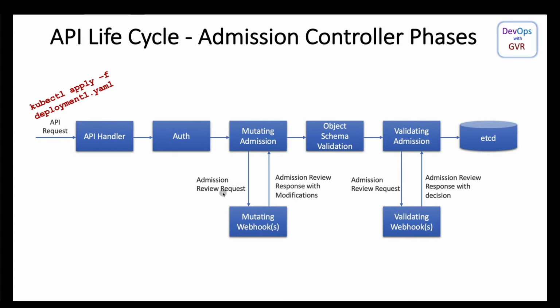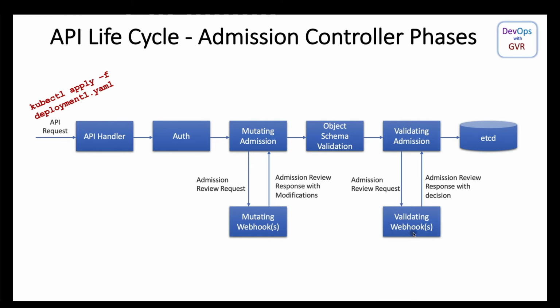So here just note down request and response, right? In this flow, basically the object schema validates, and after that validation, the validating admission controller webhook kicks in. That also does a request and response with the webhook. So whenever it reaches this stage, it